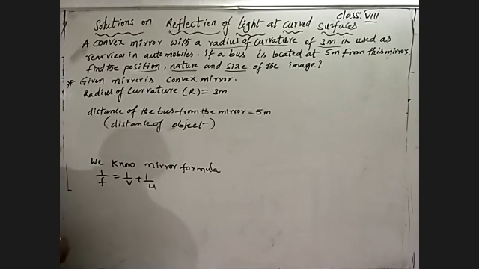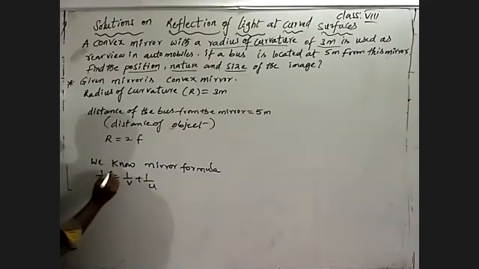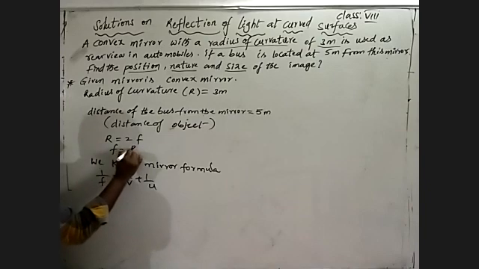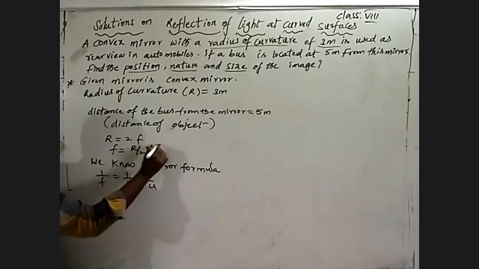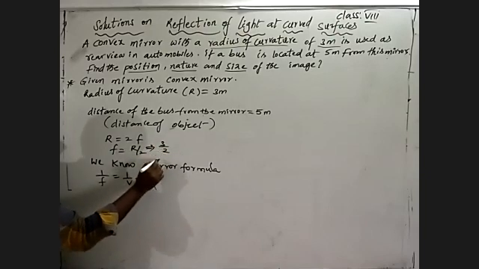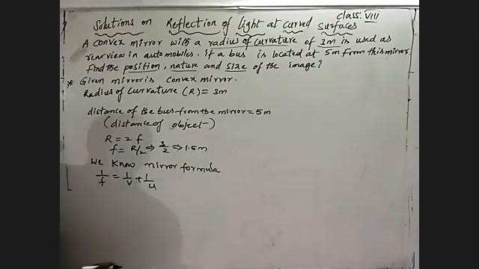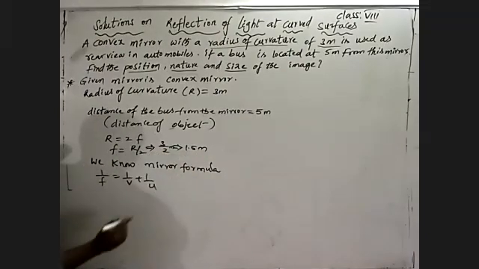What is that in the first line? Radius of curvature. How much? 3 meters. There is a relation between radius of curvature and focal length of a mirror. Radius of curvature is equal to 2 times the focal length. So focal length is equal to half of the radius of curvature. By that, how much radius of curvature is given? 3 by 2. Generally, we can write this as 1.5 meter, otherwise 3 by 2 meter.